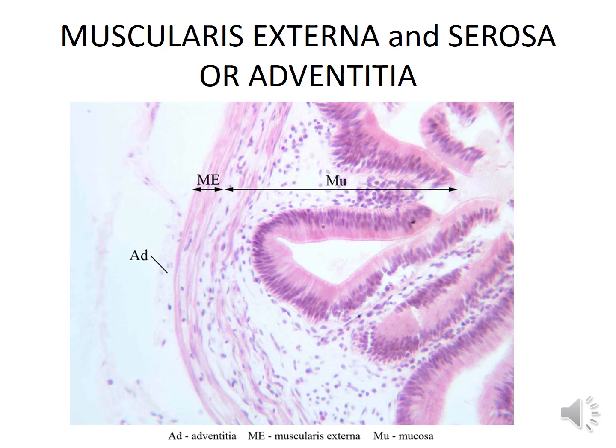So, the last two layers of the gallbladder wall are the muscularis externa. Here you can see the muscularis externa. This is the mucosa, then muscularis externa, and then serosa or adventitia. So, muscularis externa contains bundles of randomly oriented smooth muscle fibers that do not show distinct layers, and this layer has abundant elastic fibers in it.